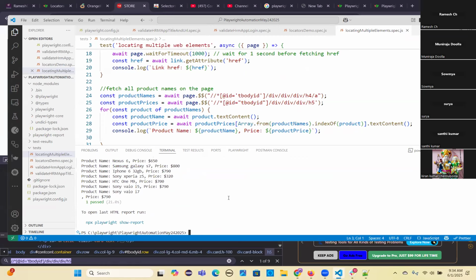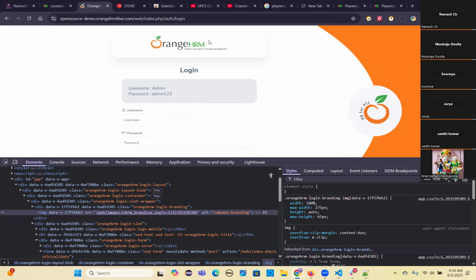I want to do one more. I'll extend a little bit because last week we missed it, right? So I'm just extending a little bit. One more last one. I want to show you this get by alt text I want to use here, and also get by placeholder, and get by role I have used. And I want to show you that dynamic thing, how to validate, okay? So for that purpose we are going to